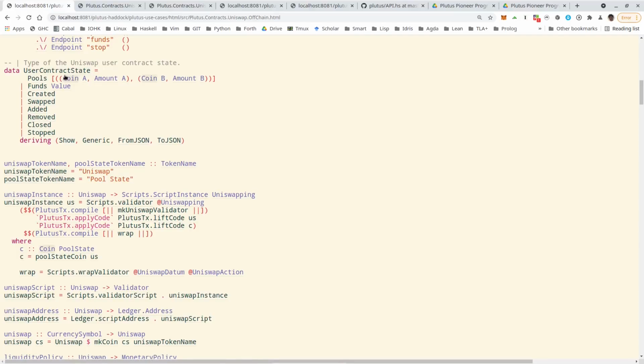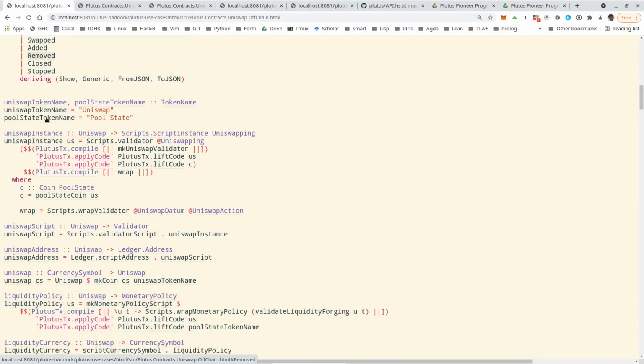In a simplified form, it's just a nested pair of pairs of coin and amount in each pool. Another helper function to query the existing funds of a wallet will just return a value. And then constructors for all the other operations. So if they have happened, then one of those will be the state. So for example, if we did a swap, then afterwards the status will be updated to swapped. If we removed liquidity, it will be updated to removed, and so on.